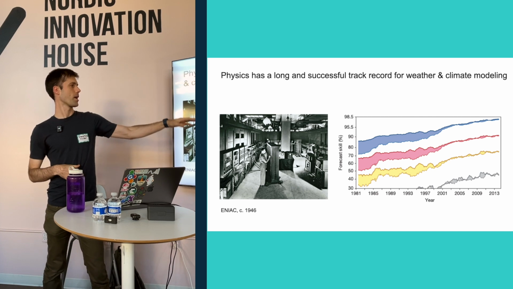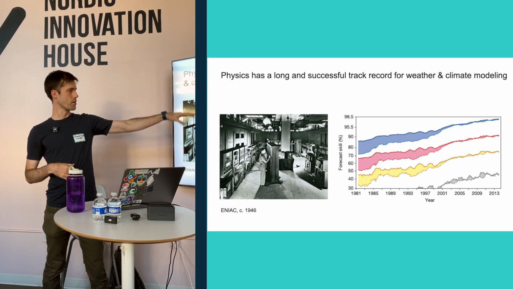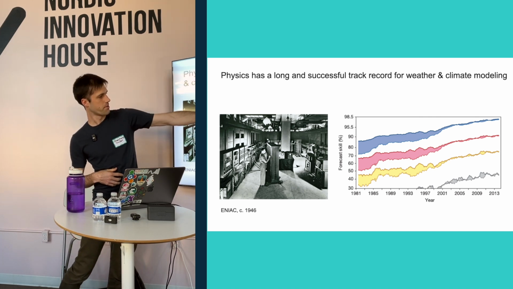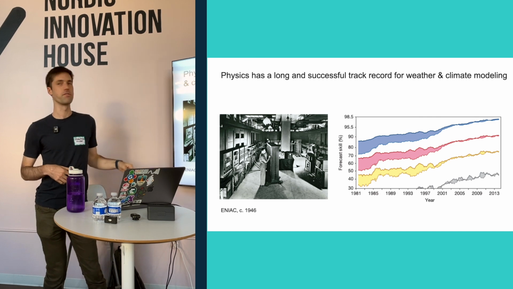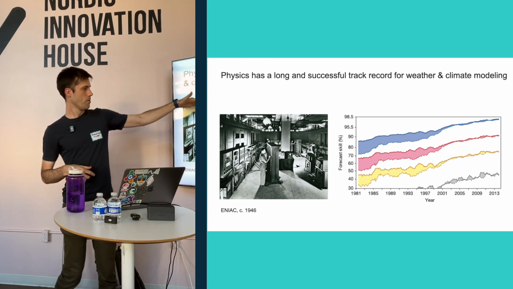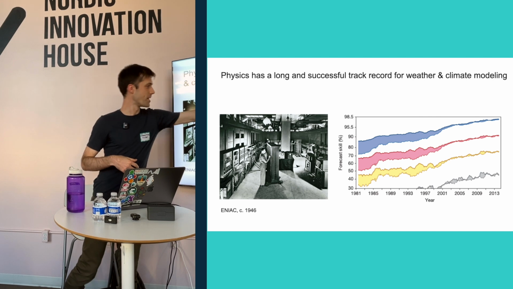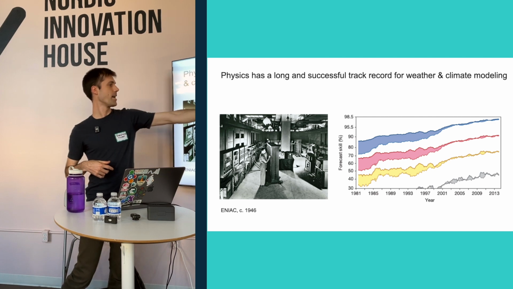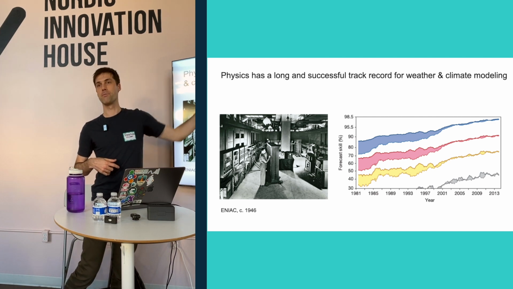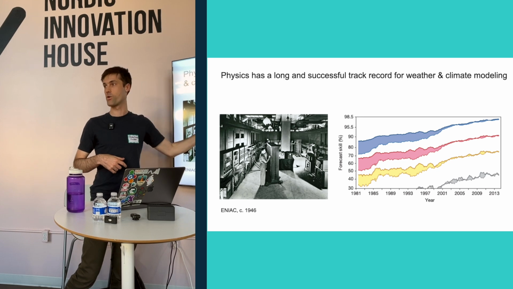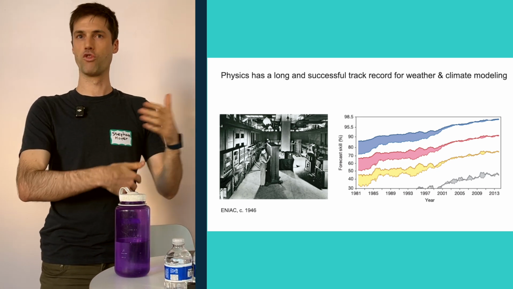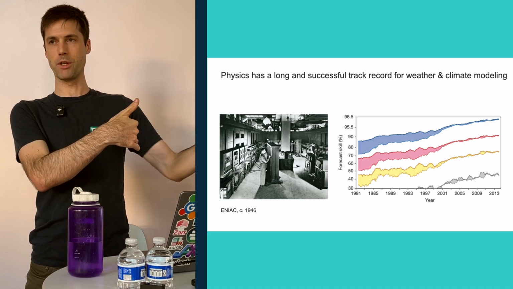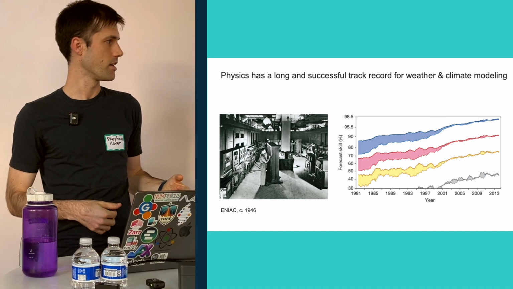This is the accuracy of the forecasts from the European Center for Medium-Range Weather Forecasting, which makes the world's best weather forecasts, starting in 1980 through, this is a paper from about 10 years ago, but it has continued on roughly the same curve. What you see here is that, this isn't labeled, but this blue line is a 3-day weather forecast back in 1980. Today, that yellow line is a 7-day weather forecast. It's about as accurate as the 3-day weather forecast from 40 years ago. So it's been this slow and steady improvement of about one day further into the future that we predict accurately per decade over the past 40 years.